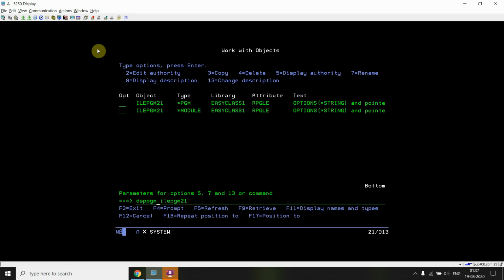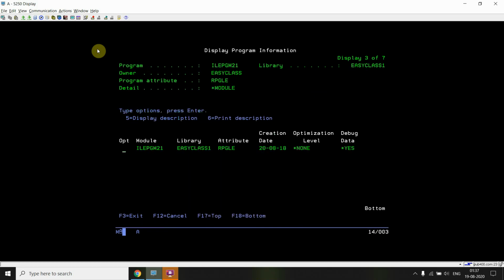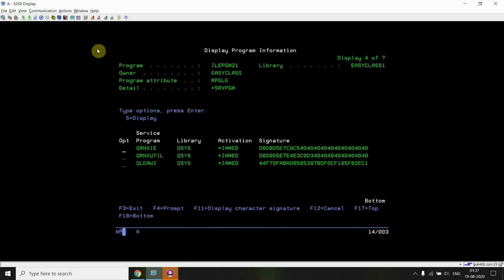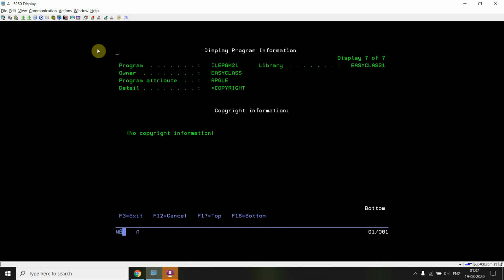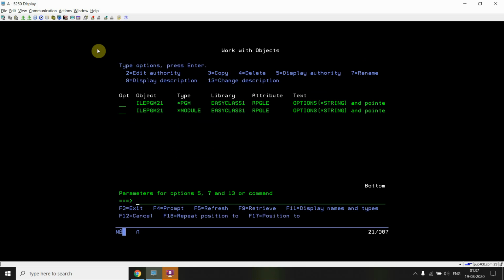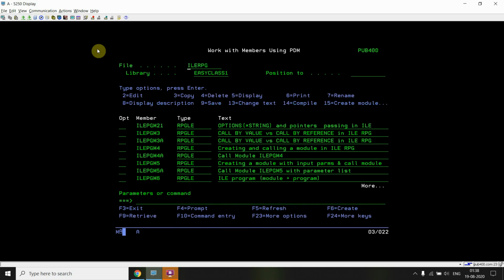Just do DSP PGM here. We can see that the module is bound. It is not showing those procedures because those procedures are not exported. This is in the same module, so it is called within the same module, and it has a main procedure also. Okay, so let's debug this.